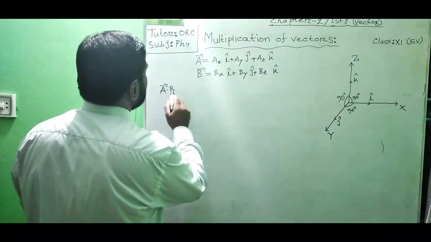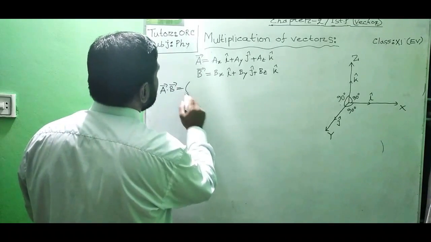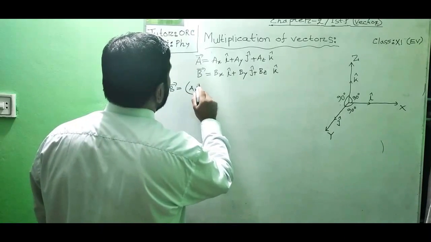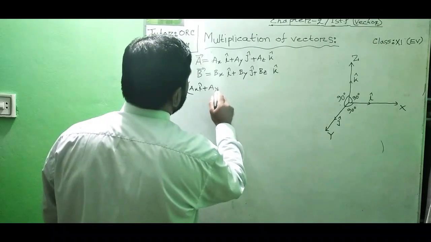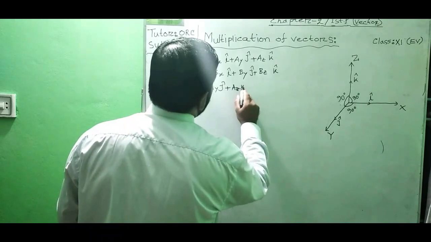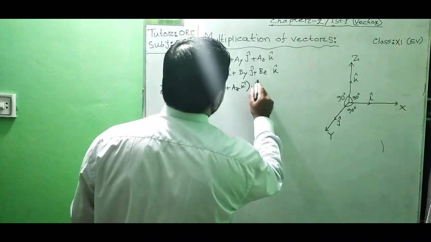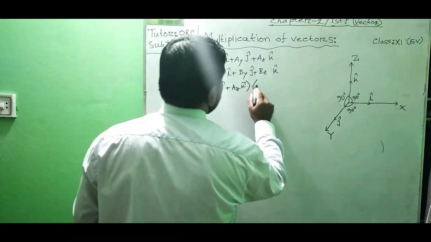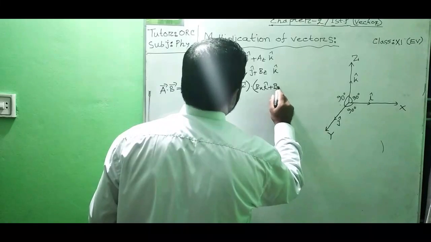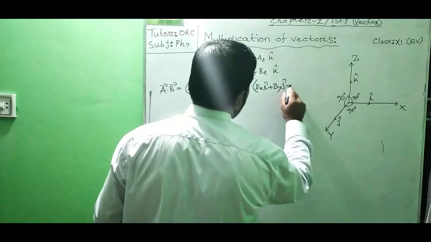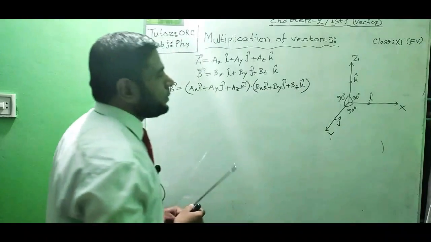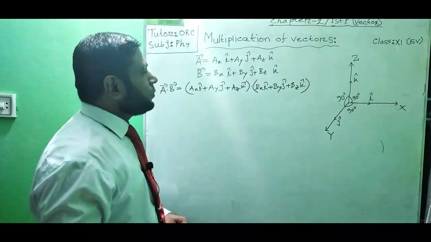Vector A dot vector B equals, now we write all the components of vector A: ax i cap plus ay j cap plus az k cap, and in the same way the components of vector B: bx i cap plus by j cap plus bz k cap. Now we will multiply these two vectors. Here, as we know well, according to the laws of multiplication,